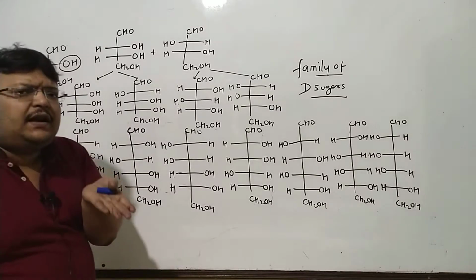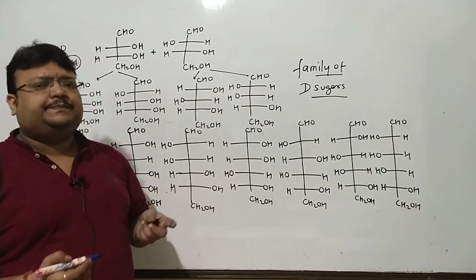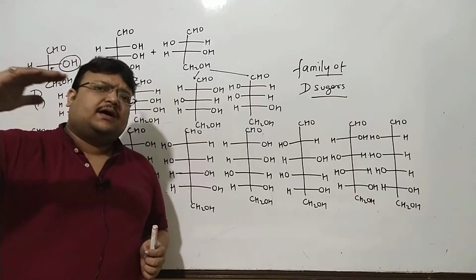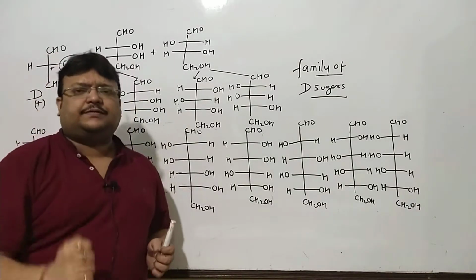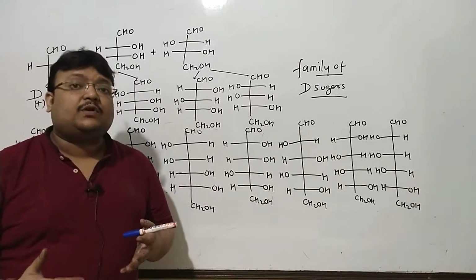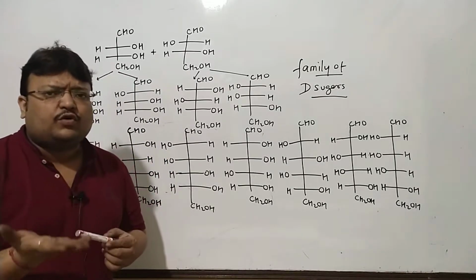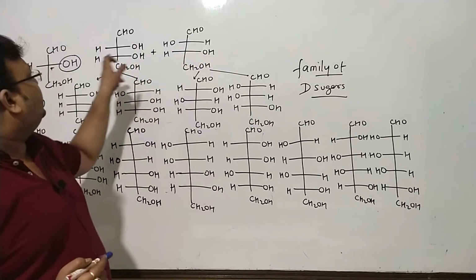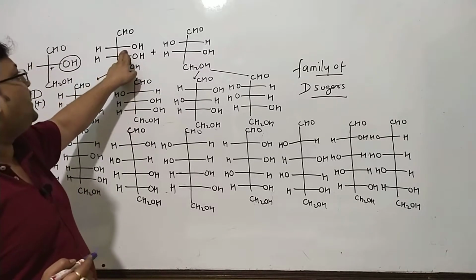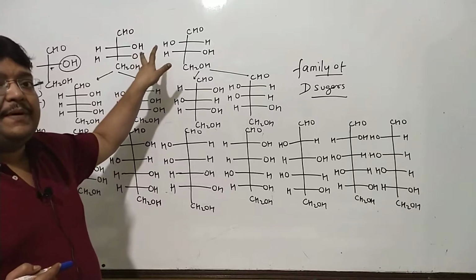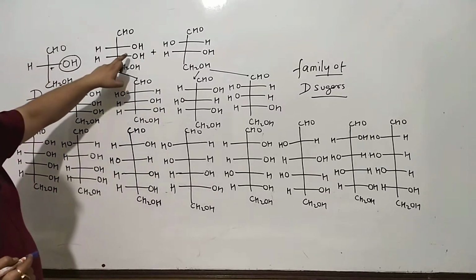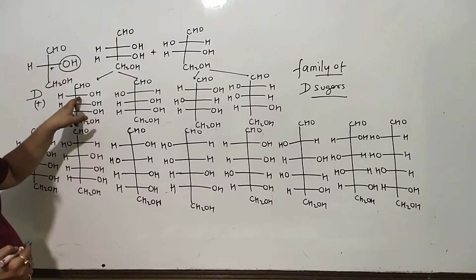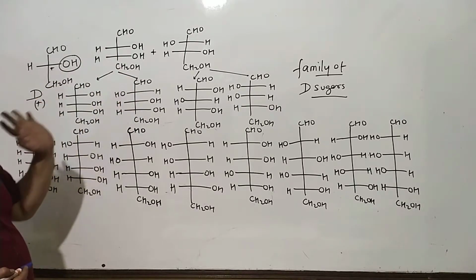The chain grows vertically up. Even in Ruff degradation, it's shortened from above. So you know about Kiliani-Fischer, you know about Ruff degradation, the chain grows vertically up. So this OH is this OH out here, and then the new chiral carbon had OH to the right and to the left. There are a pair of epimeric tetroses. This would give you a couple of pentoses where these two configurations are retained. This carbon has OH to the right and then to the left.